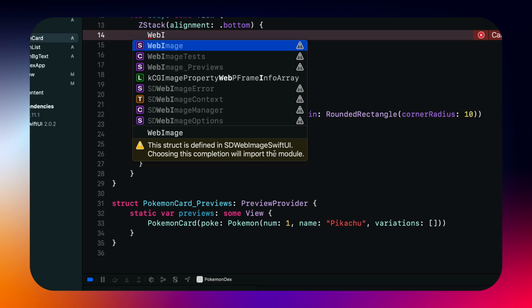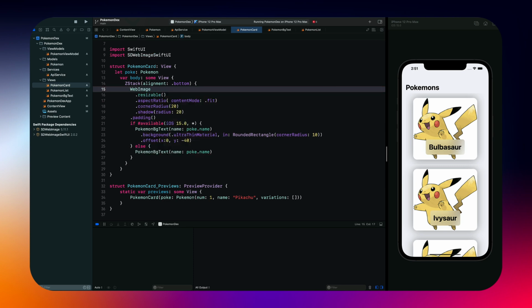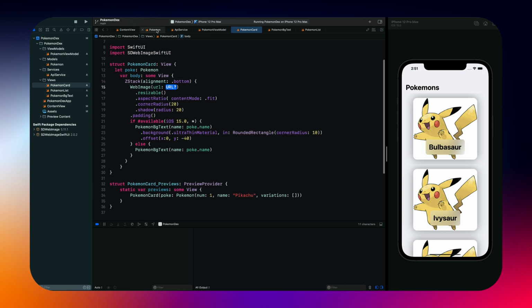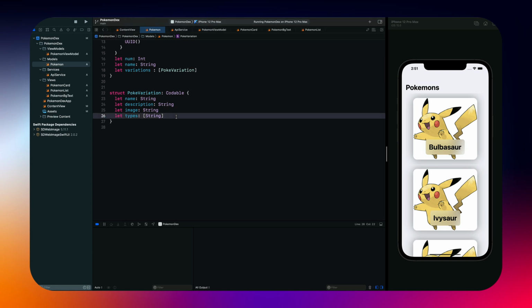Choosing this completion will import the module, so you don't have to import the module manually now, which is a good thing. And you can just say URL. So it needs a URL. What I'm gonna do is go to my Pokemon right here, and with image I can say a new field which will be something like let URL image,